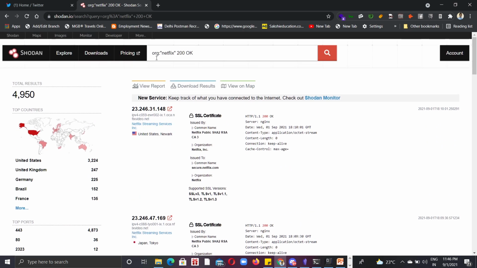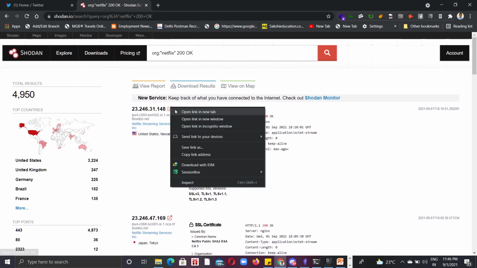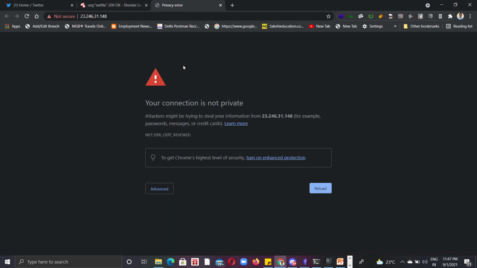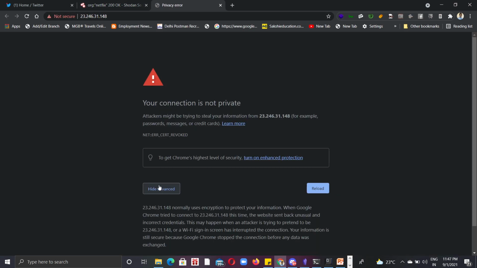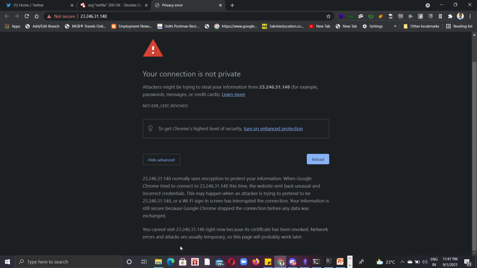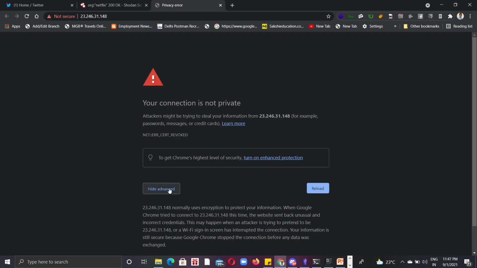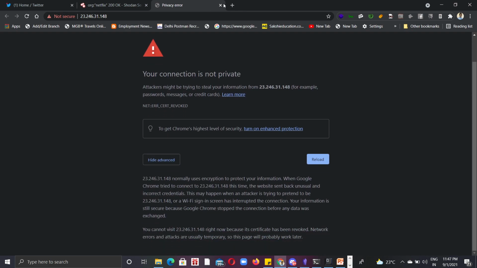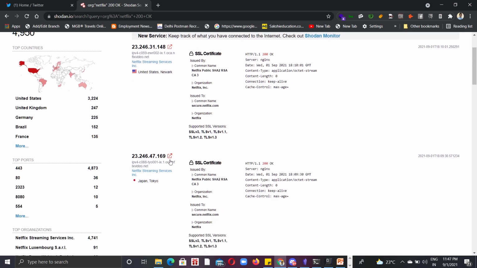So let's say if I open one of the links, it will just give this error. Okay, where is the continue option? Is it missing here? Let me open one more.